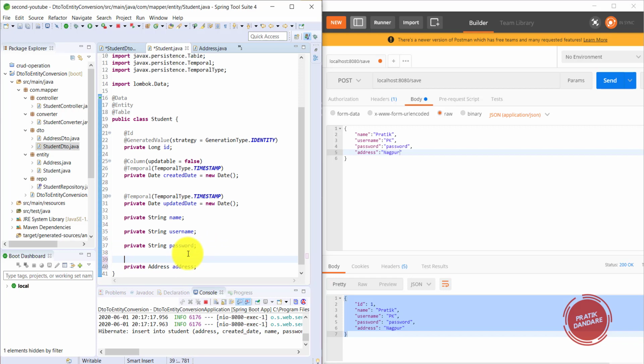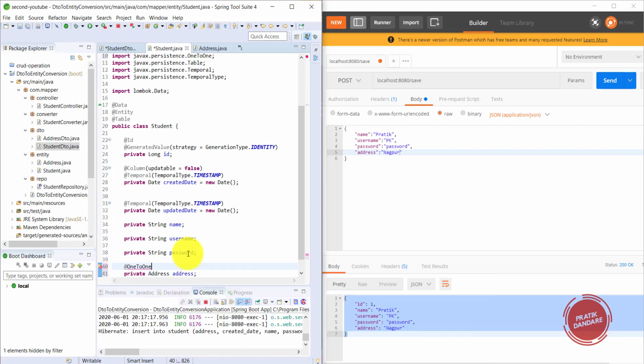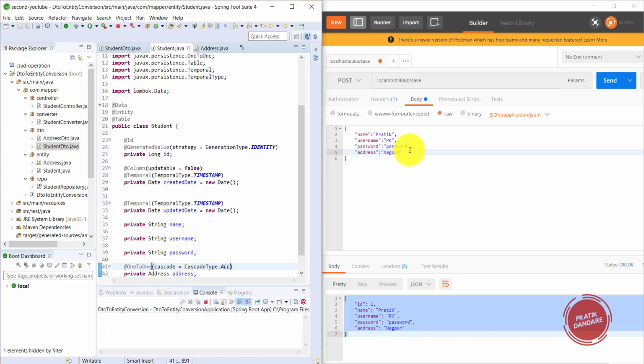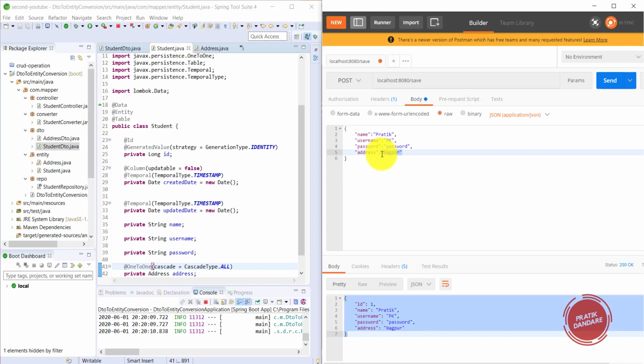We need to pass the mapping here, which is one-to-one, and I am using cascade type all. That's it. Now let's run it. I need to change this to city, and my city is Nagpur again.